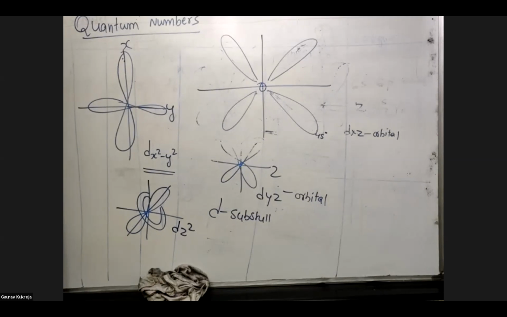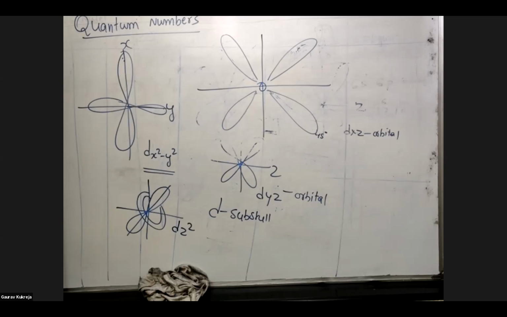Just as you understand the xy plane and yz plane, similarly you have to understand the x square minus y square space, a three-dimensional space. Why are they strongest at 45 degrees? Because already on the axis you have the electron. The maximum distance they can attain is 45 degrees, because if you go beyond 45 from the x axis, you will come near the y axis. So the maximum angle difference can be 45 only.